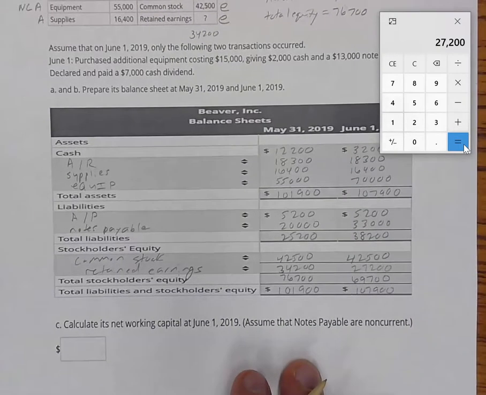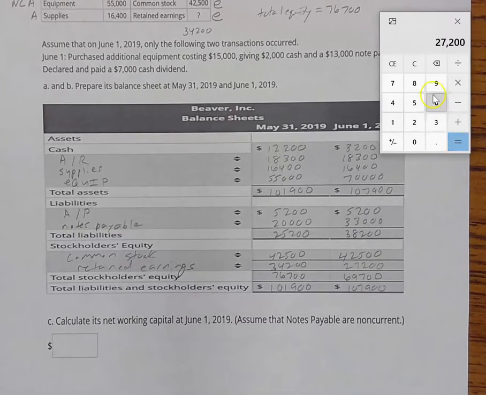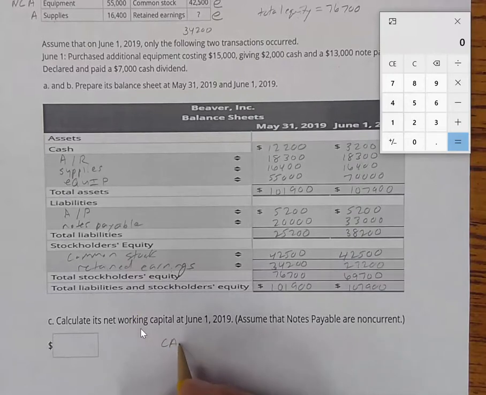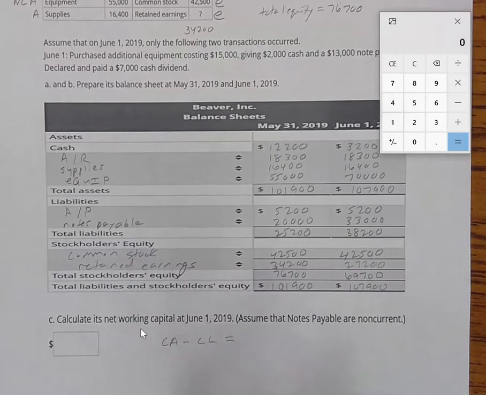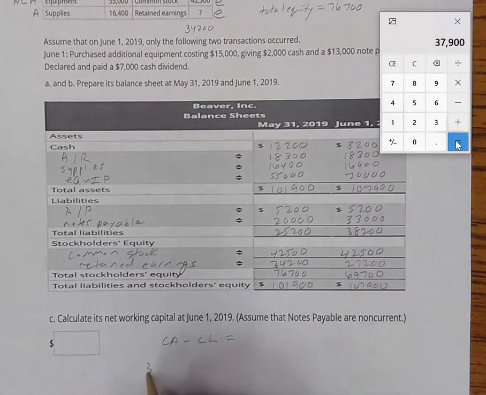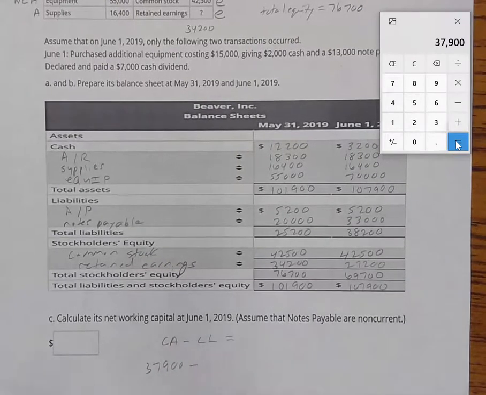Okay. And this video has gone on for quite some time, but at this point we might as well go ahead and finish. It says calculate its net working capital at June the 1st. So we're going to be using these figures. So again, the formula for working capital is simply current assets minus current liabilities. So we have to figure out what these numbers are. We've got total assets of 107,900 minus the one long-term asset, equipment, 70,000, gives us current assets of 37,900,